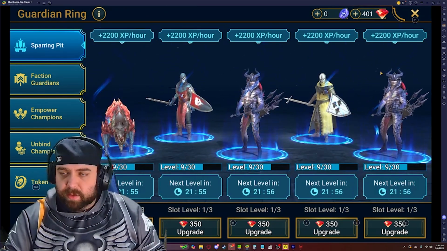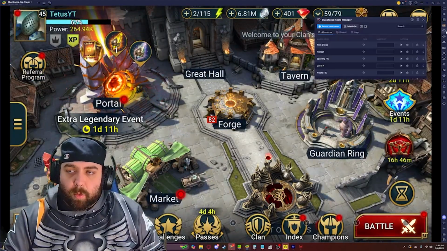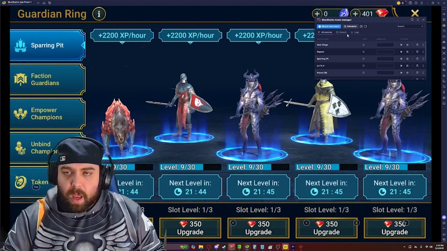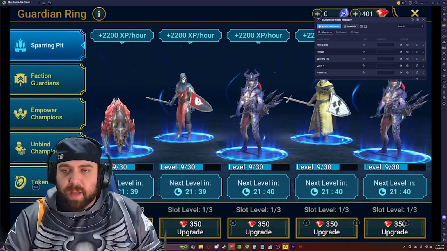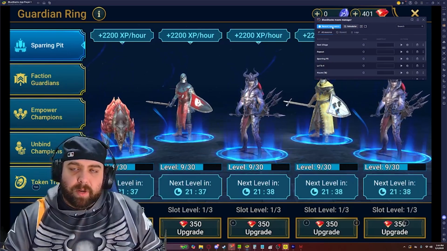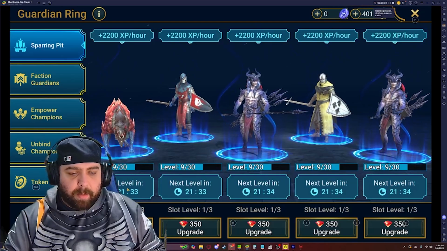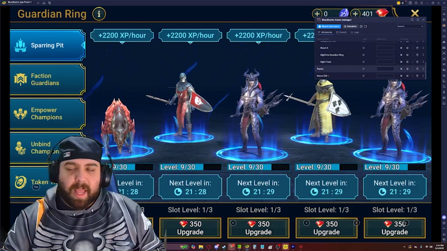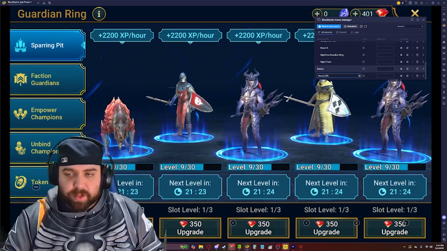You can't click this, and you could absolutely set a macro, which I have done, this sparring pit macro. And essentially what the sparring pit macro is, if I had the sparring pit open, it would just click every portion of the screen. In fact, why don't we make an entire nested macro together? So I would hit record, and I'm going to click here, here, here, and here, and then I'm going to end. And as you can see, I have a new macro set up, and we could just say